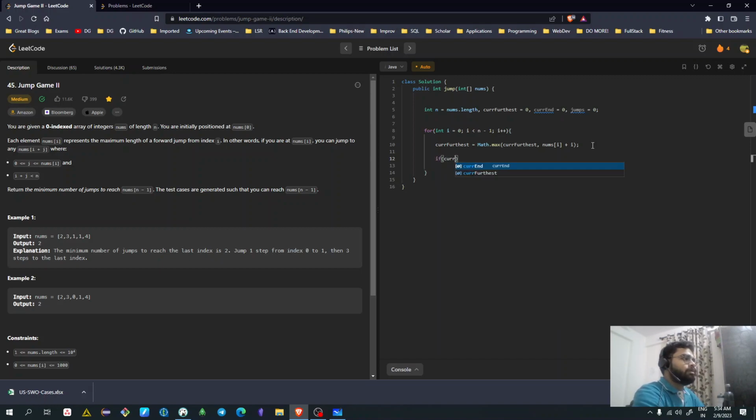Now we also need to compare and update our jumps accordingly. So if the I has reached the end of the jump, okay, for example, initially the first jump will happen as soon as you cross the zeroth index. You will have to jump. There is no solution where you won't jump. Jumps will at least be one as soon as you cross index 0. So once we are at index 0, we need to update the jumps accordingly. So jumps has to be incremented,